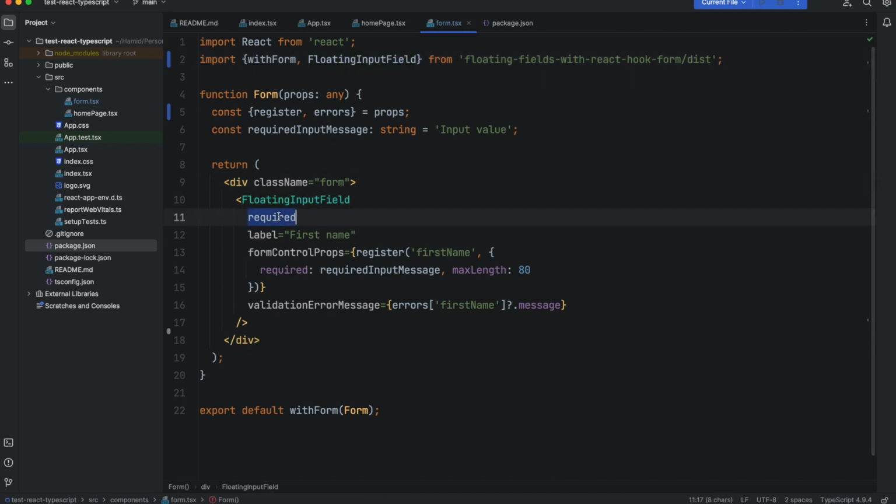For example, if we want to say this field is required, we just pass required. This field has a label, and if we want to show the label, we will add this as a floating label. That's how we had the demo that you saw: it first shows as a placeholder, and when you click on it, it becomes a label in a cool animation. And then form control props, this is the part where you have to pass this register,